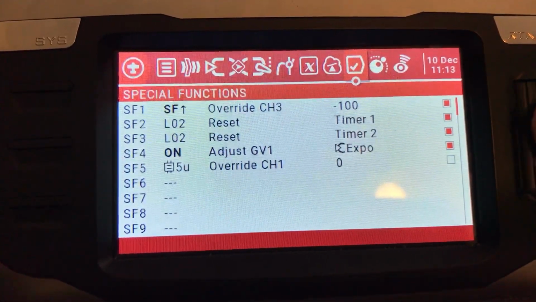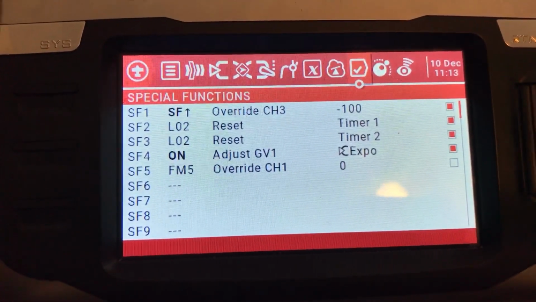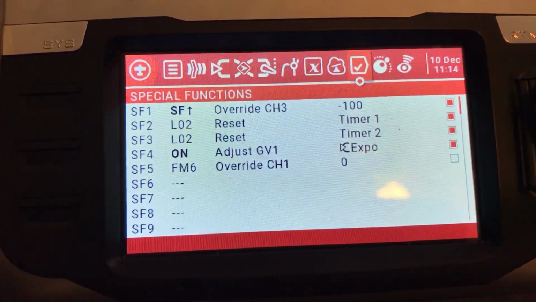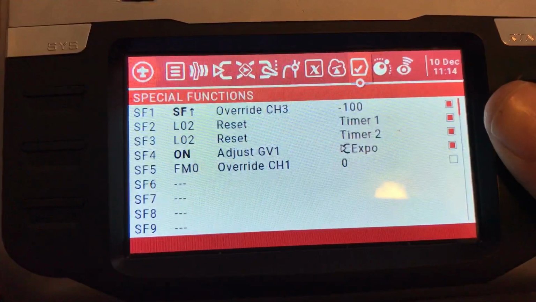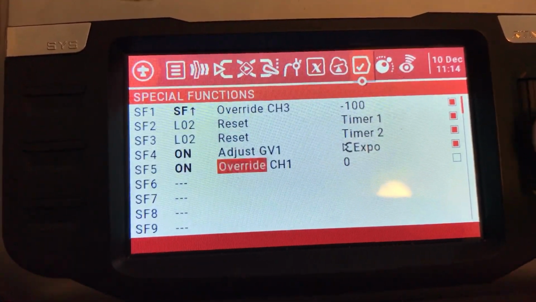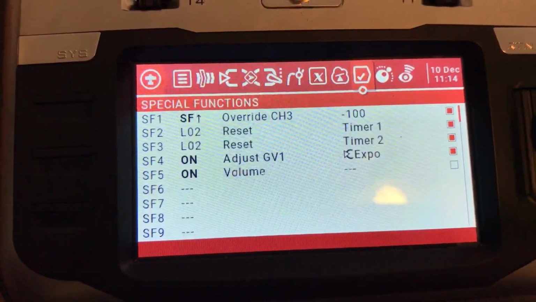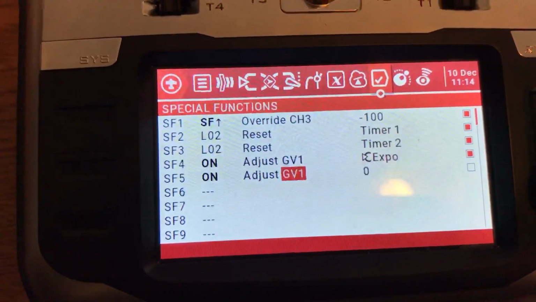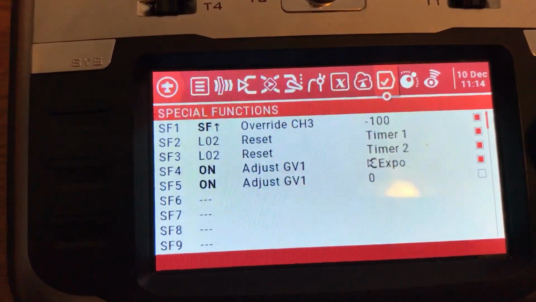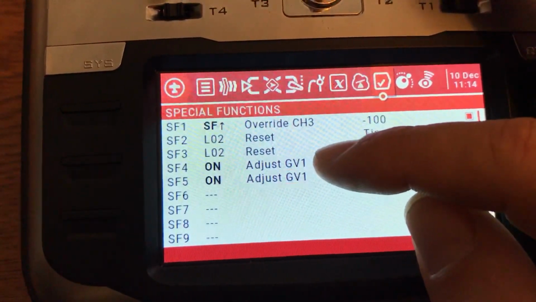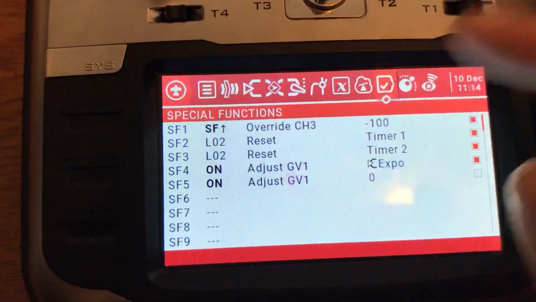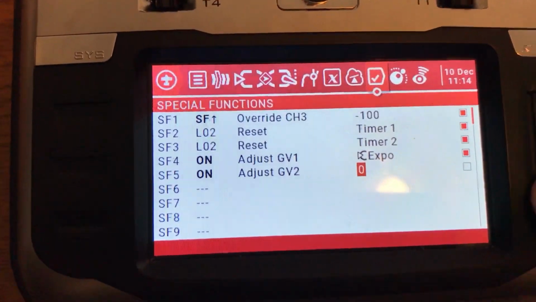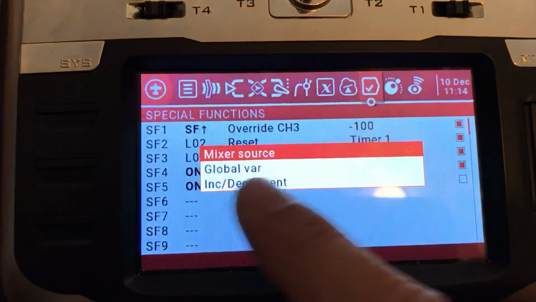We're gonna look for on as the special function for adjust global variable. As I have already 1 global variable occupied, so this will be the 2, and long press here, mixer source,